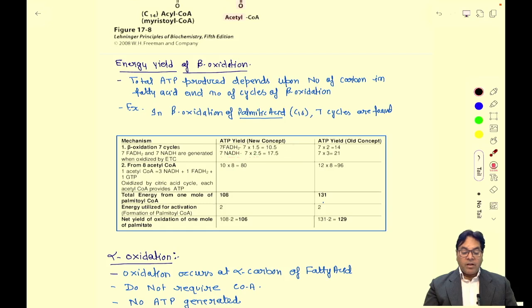Then 80 ATP are released by this step from acyl coenzyme A. Finally, 8 acyl coenzymes A are formed. So 8 multiplied by 10, because one acetyl coenzyme A gives 10 ATP, so 80 are formed here. So if we sum up all these, it becomes 108, and 2 ATP